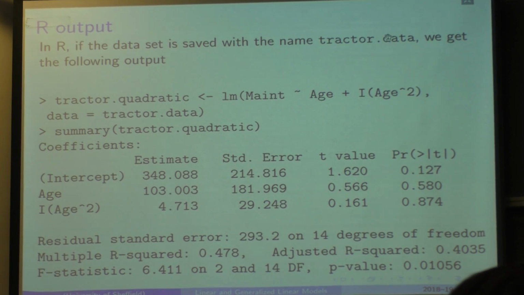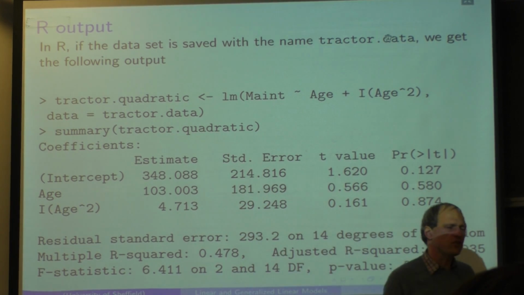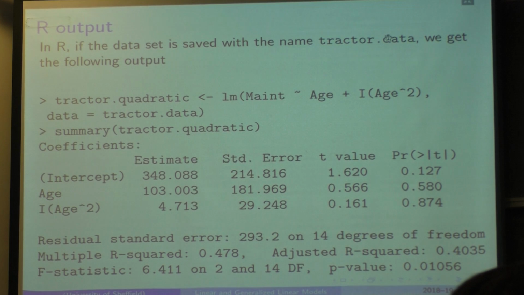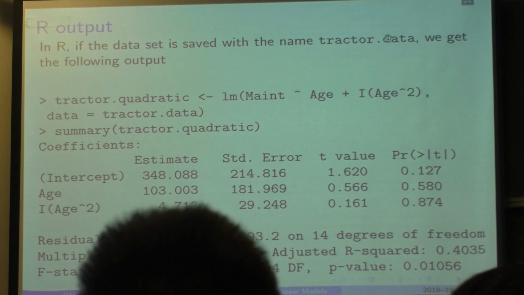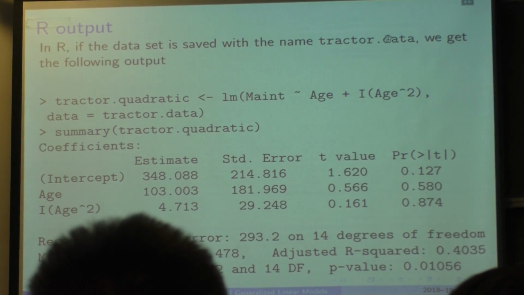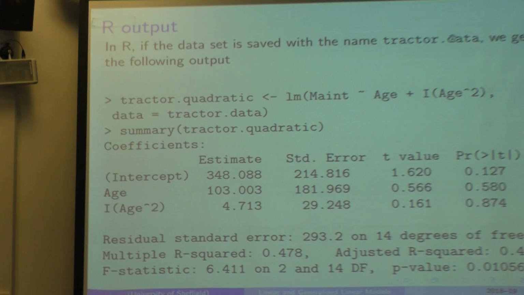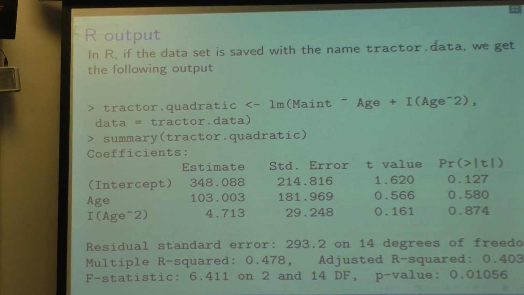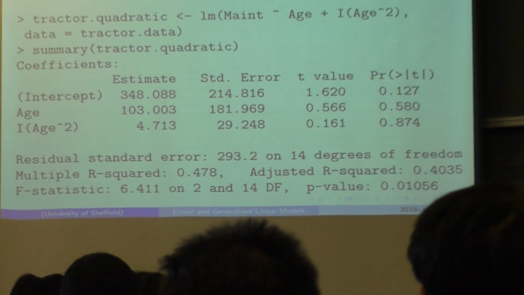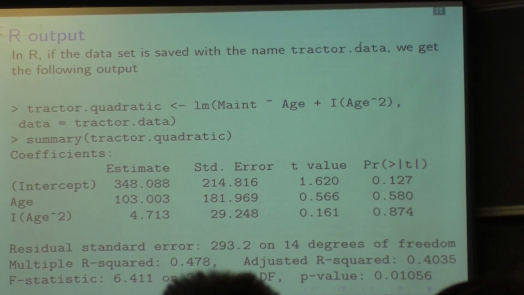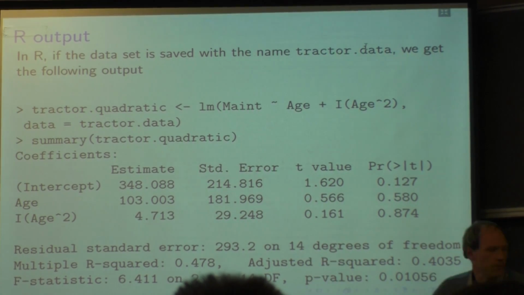So if we want a confidence interval, we're going to need to use the estimate, and we're going to need to add and subtract the standard error times the appropriate quantiles for the t distribution, i.e. what's n minus p here, well, there are 17 observations, 17 tractors in the data set, and in the quadratic model, we've fitted 3 parameters, beta 0, beta 1 and beta 2, intercept, linear term and squared term. So p is 3, so there are 14 degrees of freedom, R does in fact